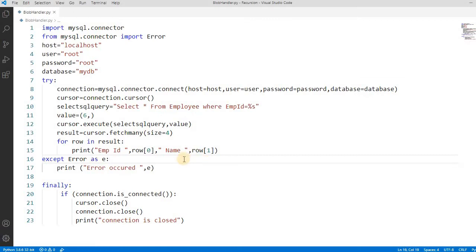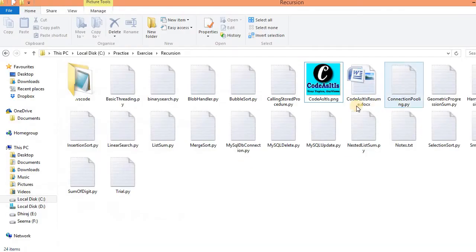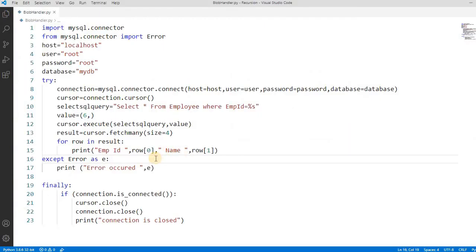Now come here. We have already seen how to fetch the data from the database. We are enhancing this solution to read the file, because we have to read it in a binary format. So first we have to create one method. Suppose I have taken two files, one is the image and the second one is the Word file, and we want to insert these two into the table. How can we do this? First we have to write a method to read this file and convert it into binary. Let's create one method.